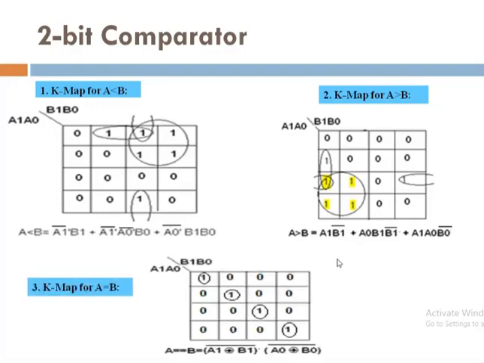Then if you are considering the K-map for A is equal to B, if you observe the truth table of the A is equal to B column, the 0, 5, 15 and 10 number cells have high values. If you put these high values, they are in diagonal, so we cannot make a group of diagonal cells, so we have individual cell groups. So in the final equation you are getting four terms.